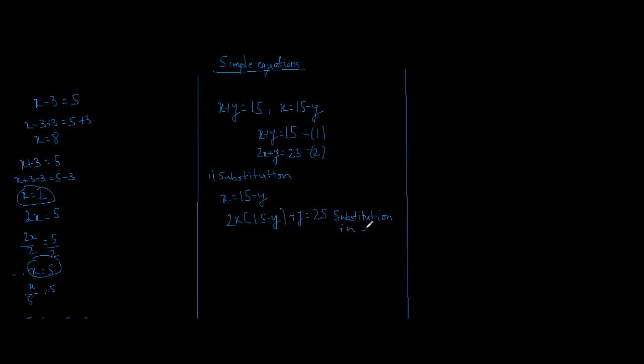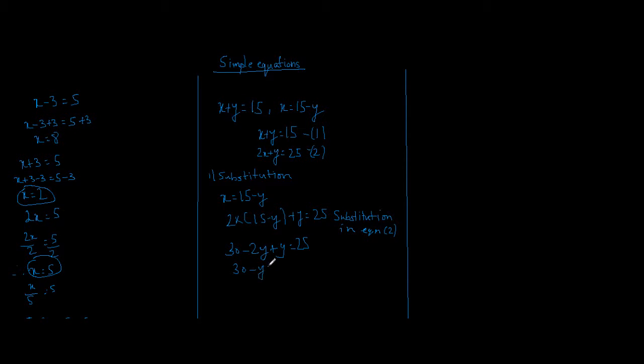In equation 2, as a result, I get 30 minus 2y plus y equal to 25,